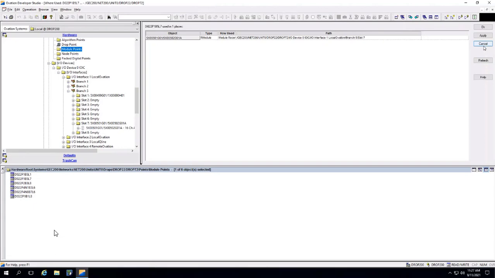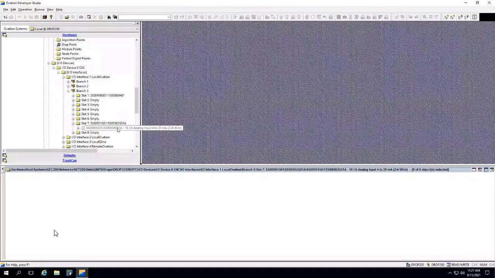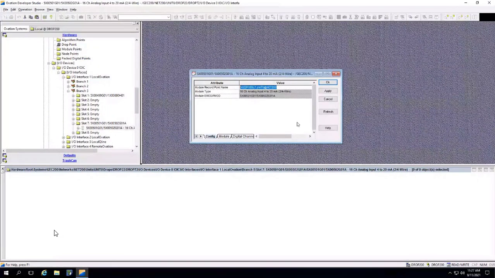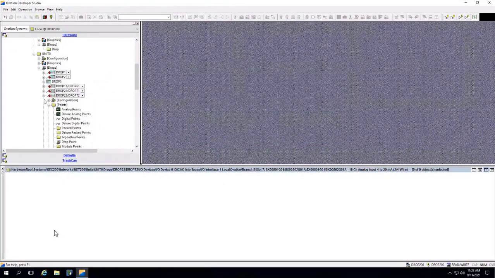So this is my module. Right click on the module and open. See at the top, here is the module point name. So the point is used over here. That's why it is not getting deleted from the studio. You need to remove it from over here, then only you can delete that point. So in our system, delete functions will only work whenever there are no references for the point.